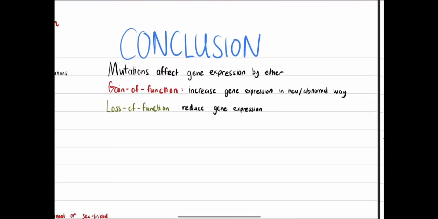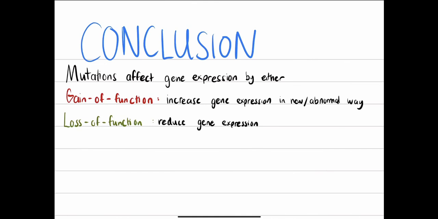So, in conclusion, we have to understand that mutations sometimes cause a gain of function. This is when, for example, a transposon jumps from one chromosome, from the donor site to a new site, and it's causing an increase of genetic expression in a new or abnormal way. It's a gain of function. And sometimes it's a loss of function, for example, where the transposon is jumping off and reducing genetic expression. Hopefully these transposons are not transporting all these genes that will mess up our systems. And let's hope we are all